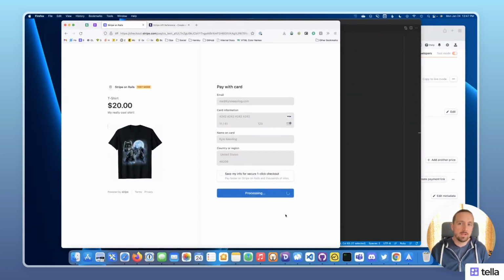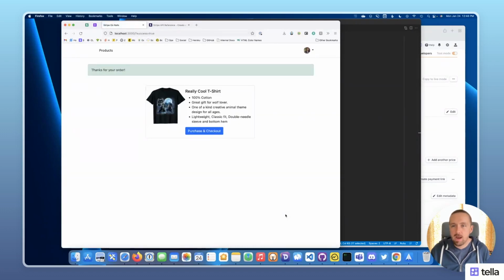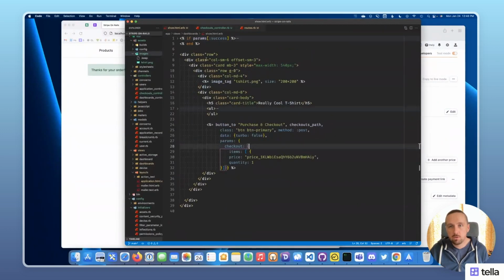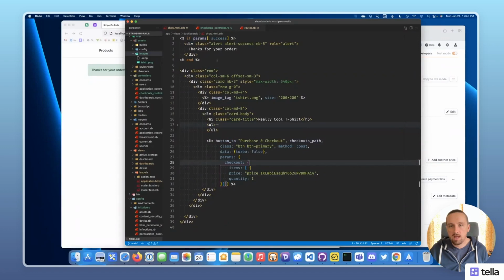If we're good, we'll get some green here and we'll be redirected back to our app. And you can see here, this is why I leveraged that URL parameter. I just had some conditional code in my view where I'm presenting an alert, right? So this is very basic, but I think you get the idea of where you could go with these parameters. Traditionally, if we were all within our Rails app using our own controllers, we could use flash messages and things like that. But in this case, since we're doing that handoff back and forth between Stripe and our app, this is a nice